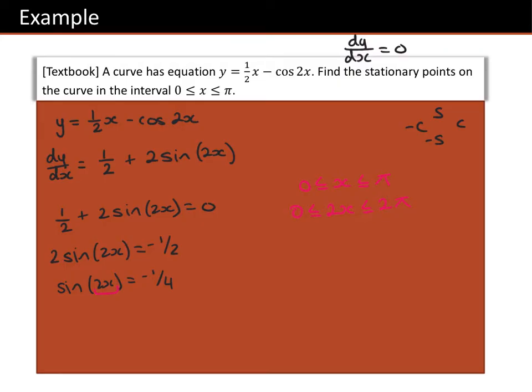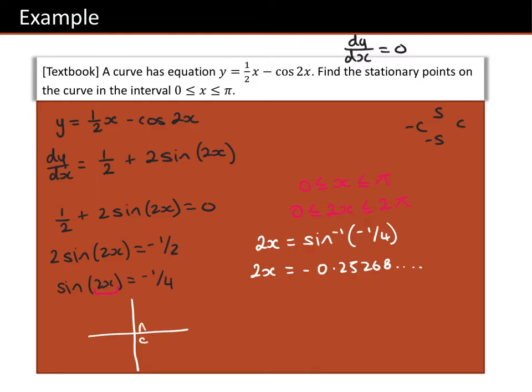So now, I know that 2x equals sine to the minus 1 of minus a quarter. Our interval is in terms of pi, so our calculator should be in radians. Absolutely. So 2x then equals minus 0.25268 and so on. What I now need to find, using my CAST diagram,